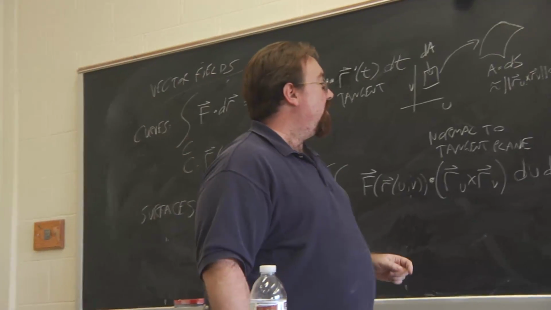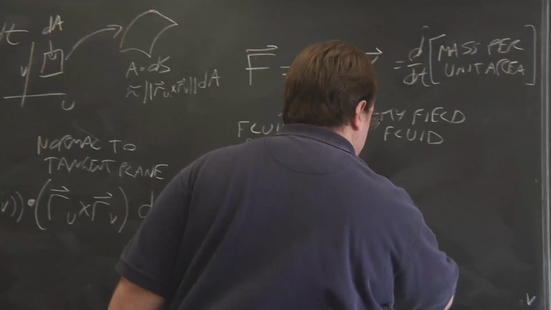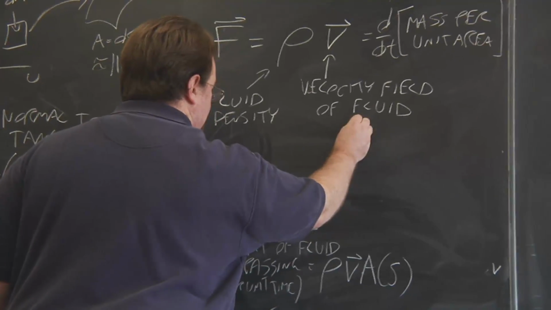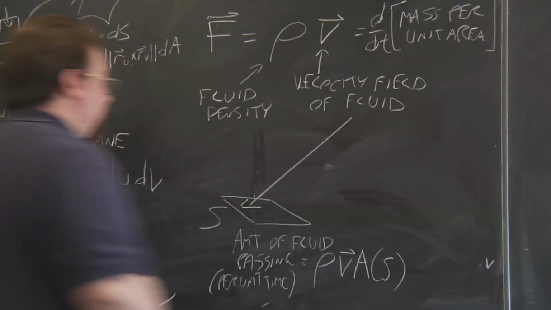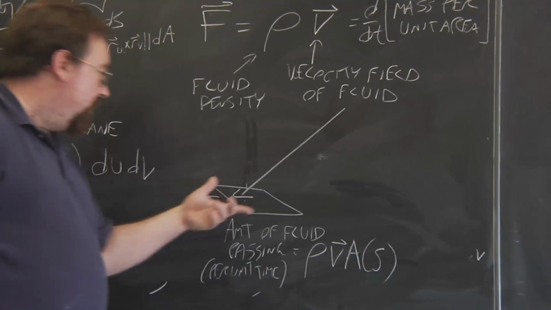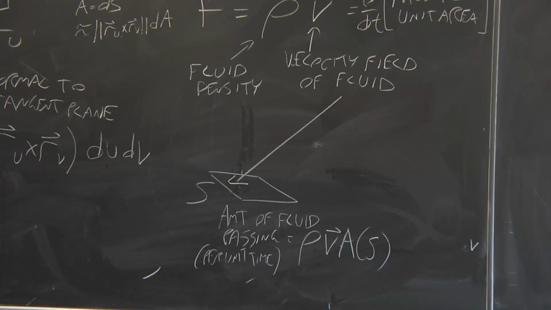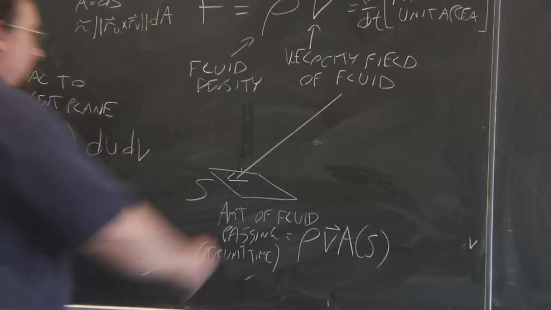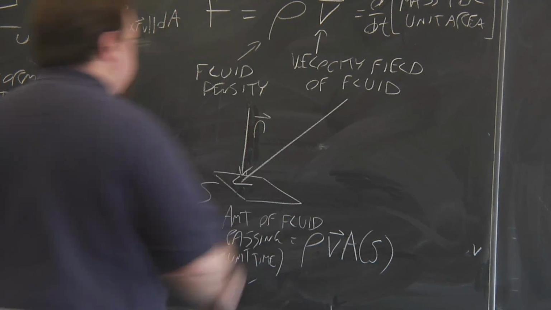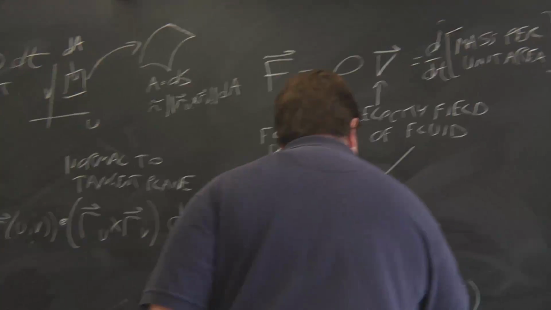That'll do it. On the other hand, suppose that the fluid is not coming directly at the surface. Suppose you have a situation like this, where it's coming at an angle. Well, in that case, because it's coming at an angle, it's almost as if there's actually a smaller area that the fluid is passing through. Effectively, what you're doing is, if this is the normal vector to the surface, then what you really need is,